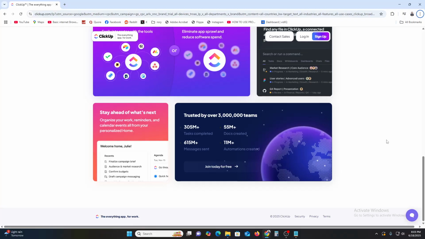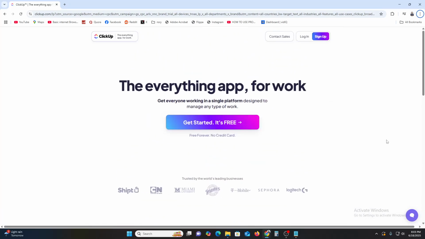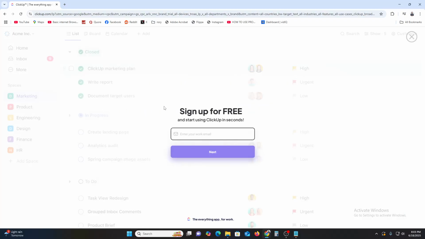First of all, let's create our first workspace. First, you just need to sign up at ClickUp, and then create a workspace. I don't have any account here, so I will create an account by clicking this button called Get Started. It's free, and you can see there is a message saying free forever, no credit card required. So let's click on this one, and here they are telling us to provide